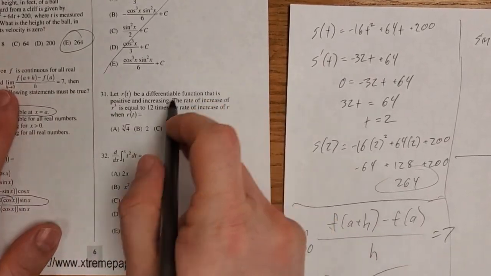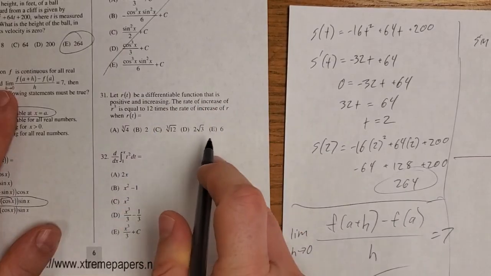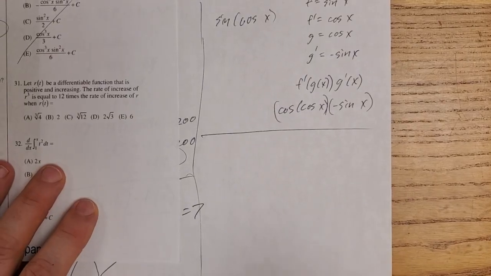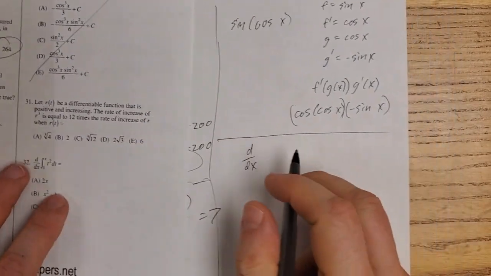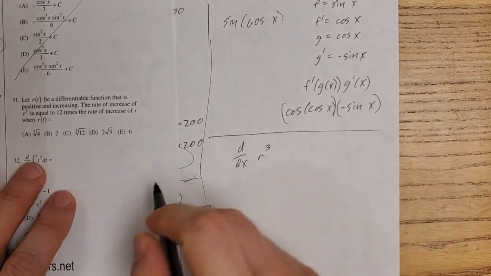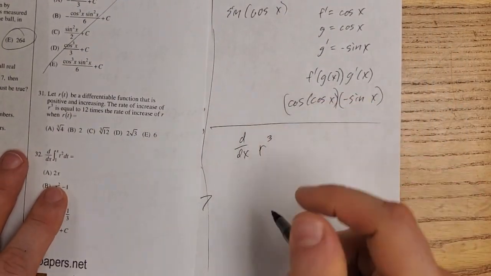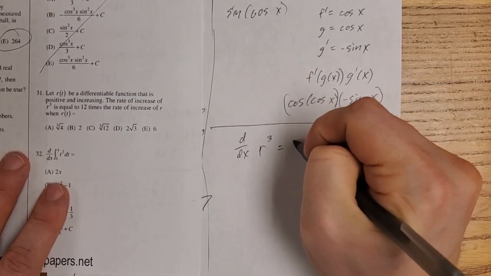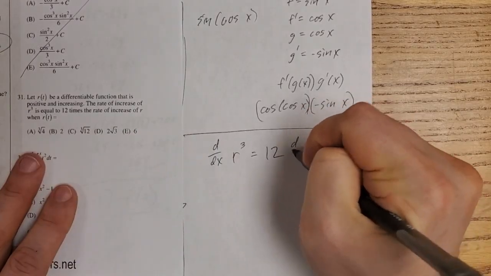The rate of increase just means the slope, and the slope just means the derivative. So the derivative of r cubed, I really should have wrote d over dt because it's r of t, but we'll just pretend it's r of x, equals 12 times the rate of the original one,